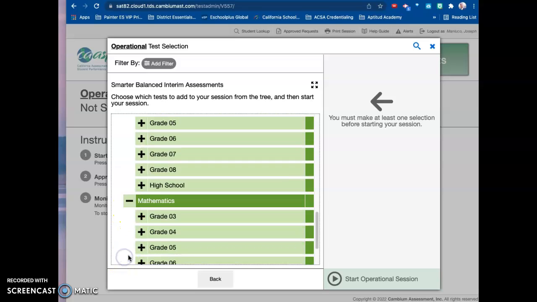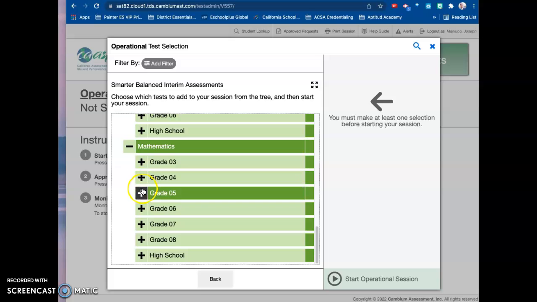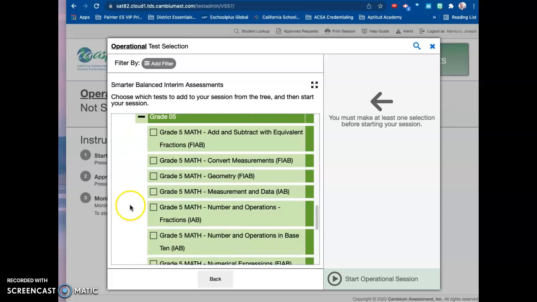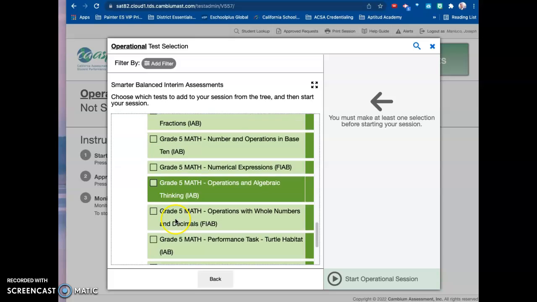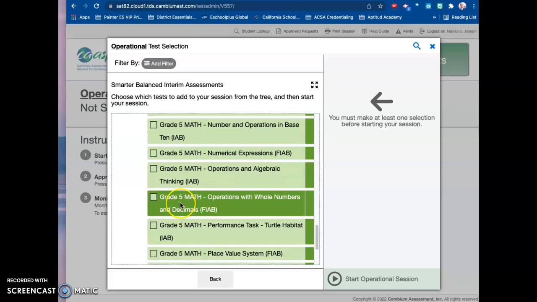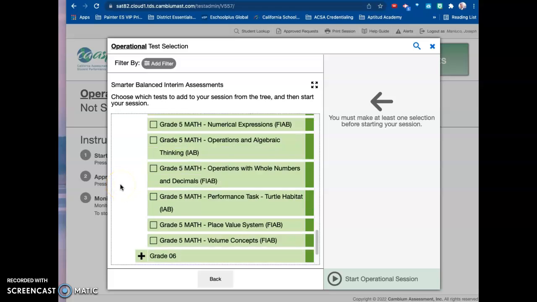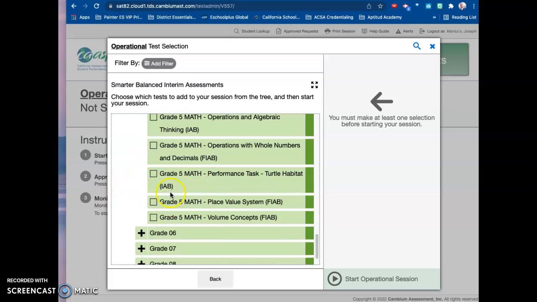So again, here's mathematics. Again, let's maybe pick a different grade. Let's look at 5th grade, and you would just, again, select non-performance task, machine scored items. Again, I've shared that with you in the Google Classroom, and essentially it shows you all of the machine scored tests that you should be choosing from. And then if you want to do a word problem style performance task, maybe look at the performance task provided to inform something that you would be more interested in assigning for your students, especially since you have, you know,